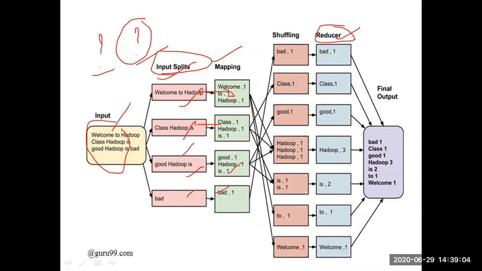But if the programmer wants, he can increase that. The reducer has to combine, and one reducer is sufficient; it will combine all the outputs. If you want to combine more quickly, then the programmer can increase the number of reducers so that he can combine the data more quickly. Is it clear?